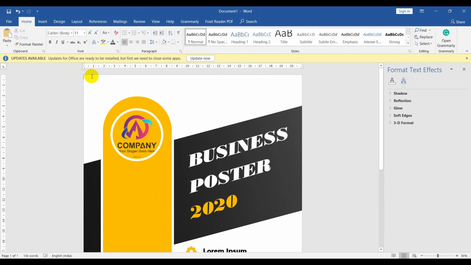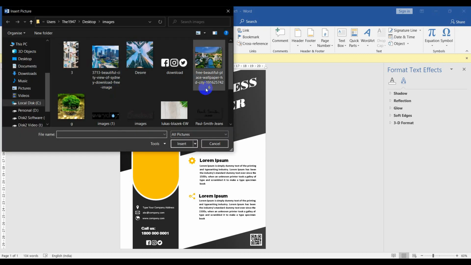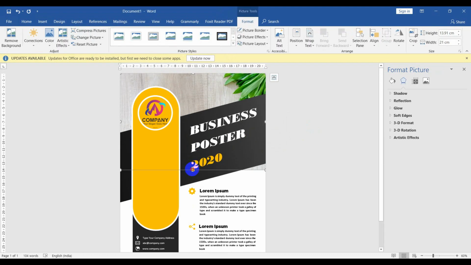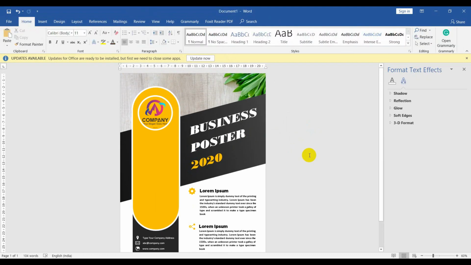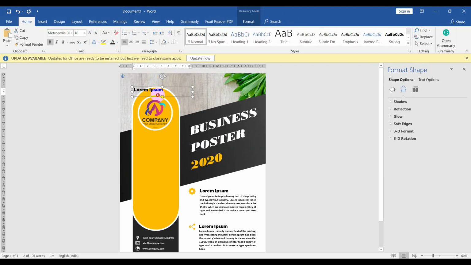Here I need a background image. So go to insert, click on picture and browse the image. Here I'm taking this one and click on insert. Now slightly reduce image height. Looking perfect now. I'm copying this text box, or you may insert new one, and I'm placing this over here and replace the text with our services. Okay, now adjust its position, make it center.